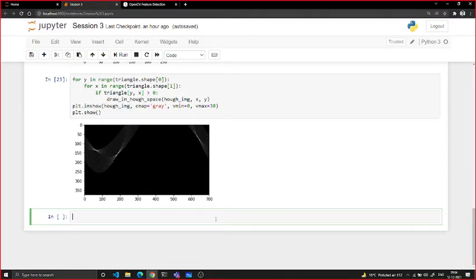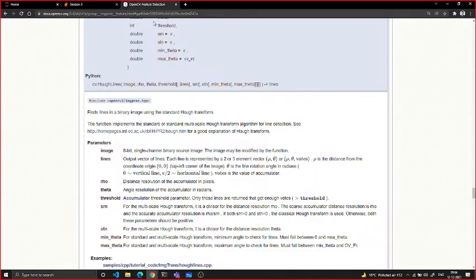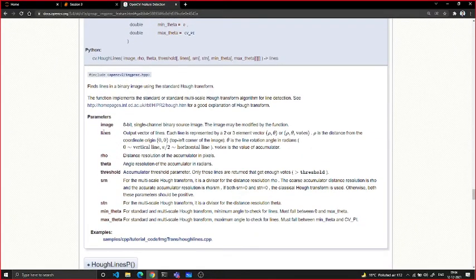Right, so use this function in such a manner: cv2.HoughLines on the triangle. We first provide the name of the image that we want to find the dominant lines on. Then we